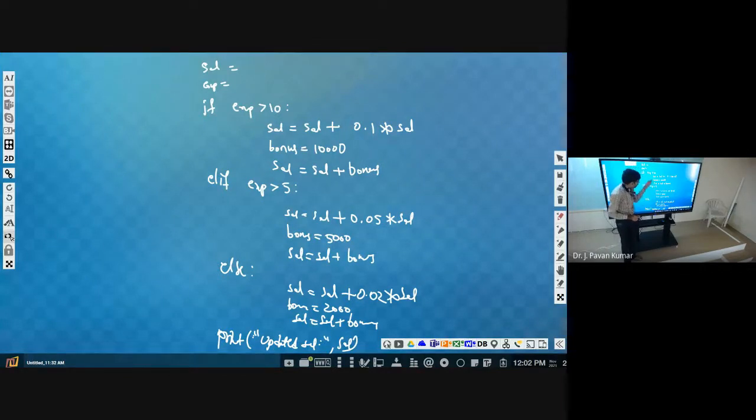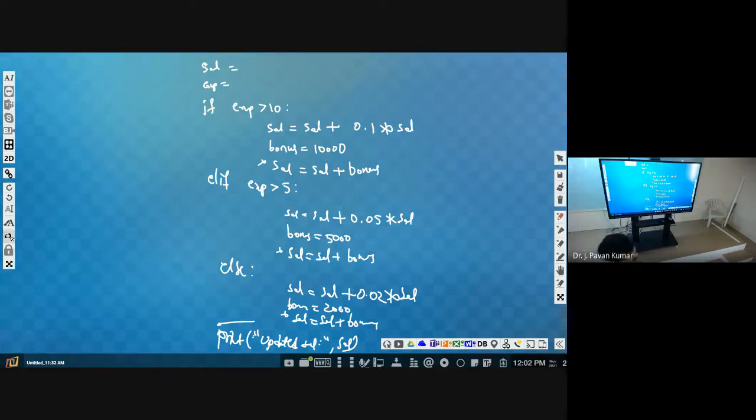So outside of this if else if ladder, if you write this line, salary equal to salary plus bonus, then we can reduce the number of lines, isn't it? We can avoid it in all these 3 places. Got it?